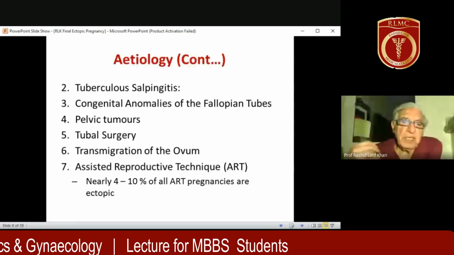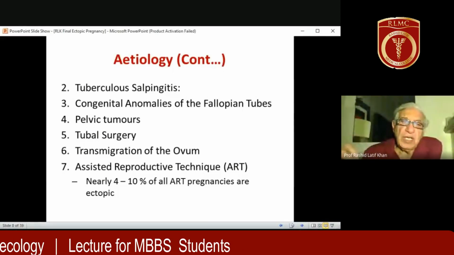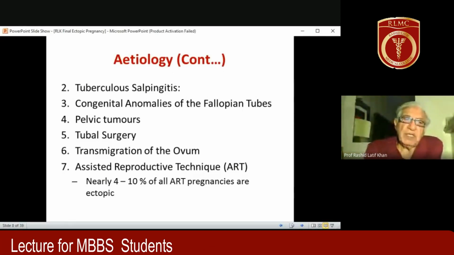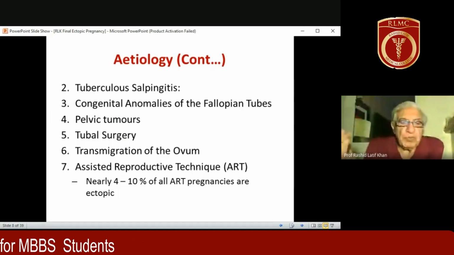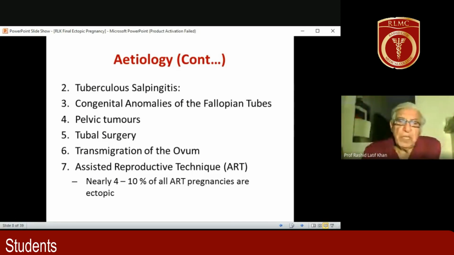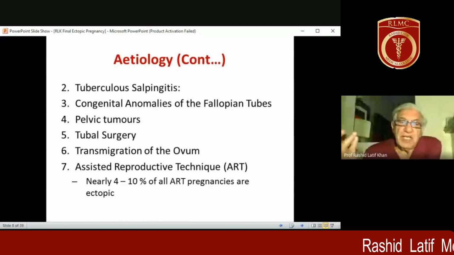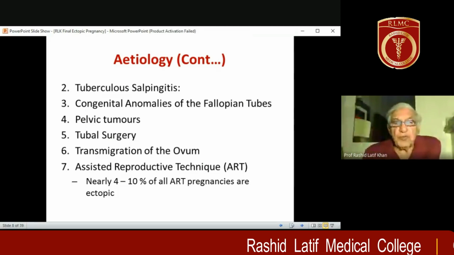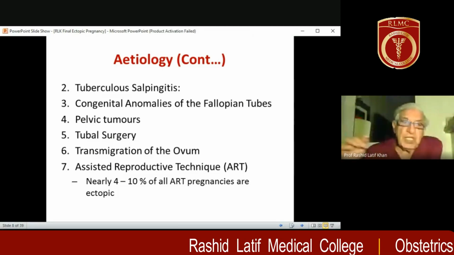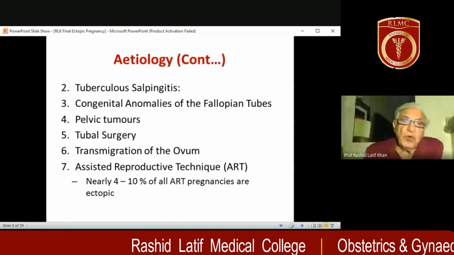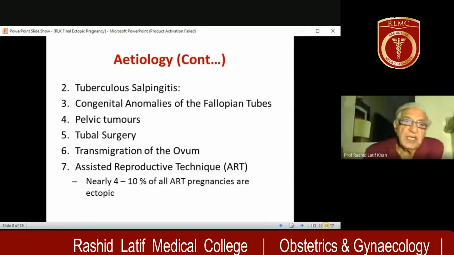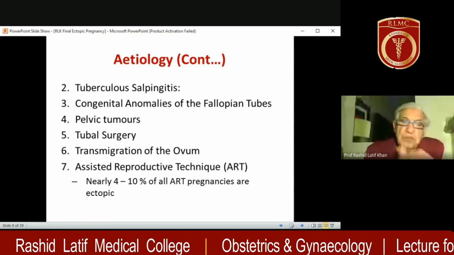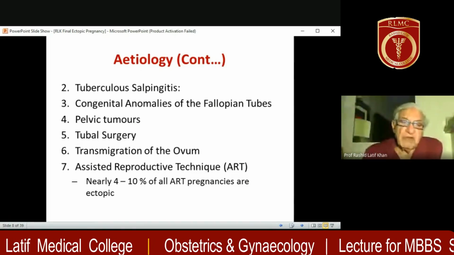So if a patient had tubal surgery, maybe the cilia are damaged and they will not push. Rarely it can happen that the ovum is released from the right ovary, but it goes across the pelvic peritoneum, pouch of Douglas, and gets into the left tube. Obviously, this delay would mean 2 or 3 days. And I told you, if there's delay in the passage of the egg from the tube to the uterine cavity, risk of ectopic. So in this case, the egg has entered the tube 2 or 3 days later, so it means the risk of ectopic pregnancy will be there.